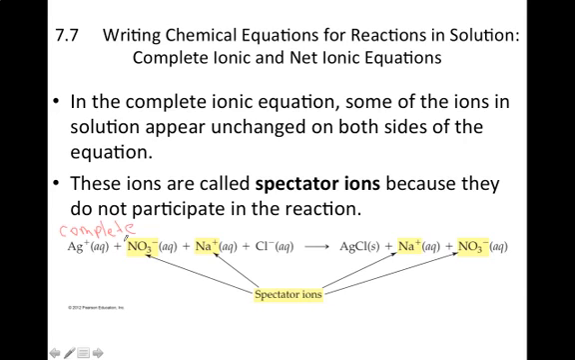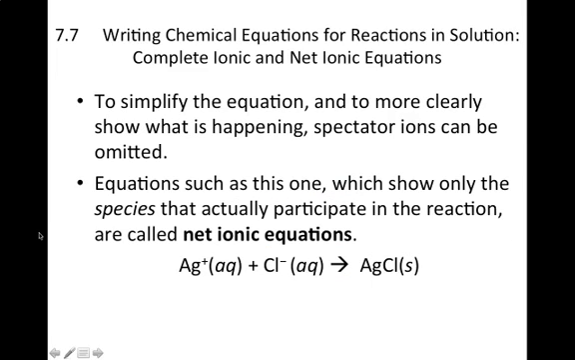Okay, so in the complete ionic equation, some of the ions in solution appear unchanged on both sides. These ions are called the spectator ions because they do not participate in the reaction. But the other ions participate in the reaction, and these are not spectators. But in here, nitrate and sodium are spectator ions. So to simplify the equation and to more clearly show what is happening, the spectator ions can be omitted. Equations such as this one, which show only the species that actually participate in the reaction, are called net ionic